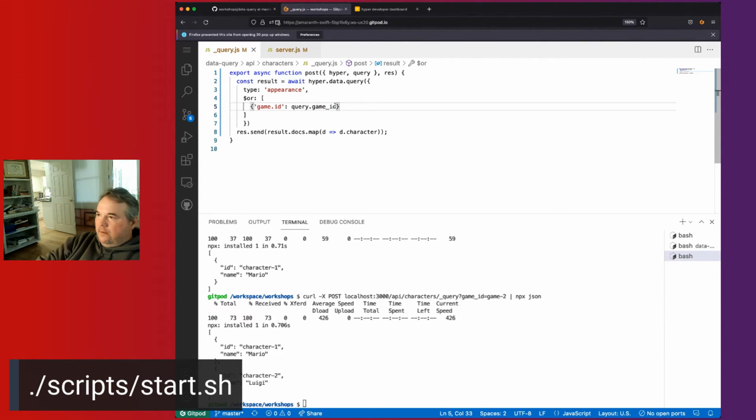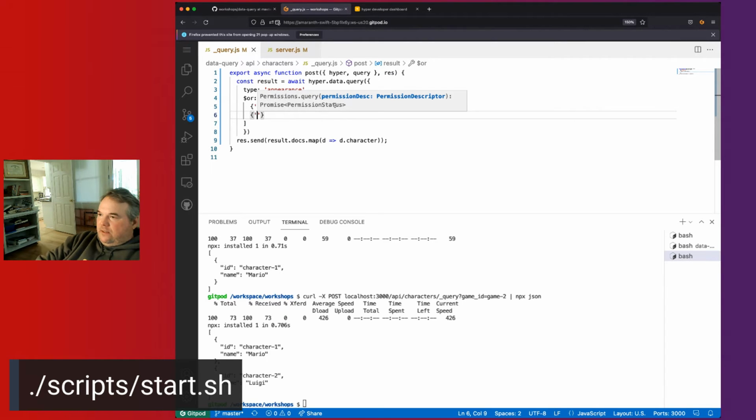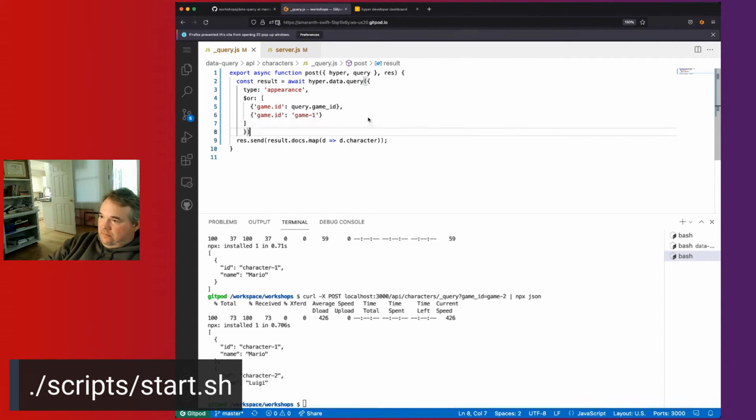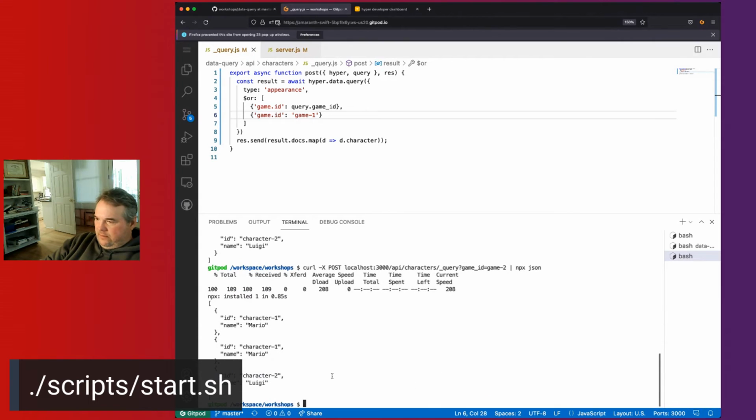Another object, game ID, and let's just say game one. Now, this is going to return two appearance documents, so it should show Mario twice, and it does. Okay. So that's kind of the or,